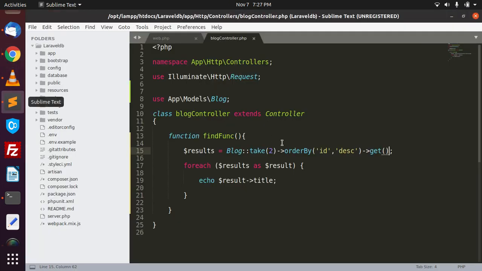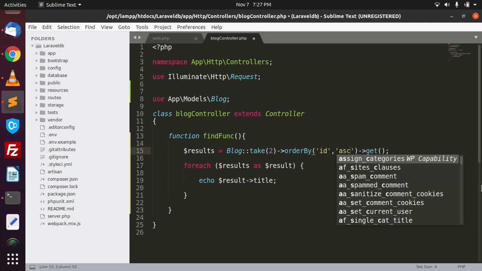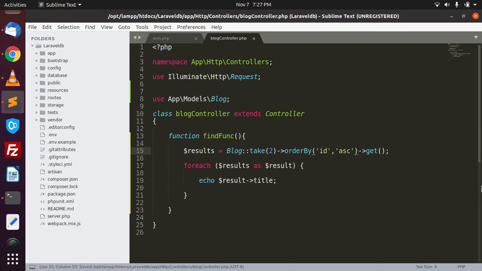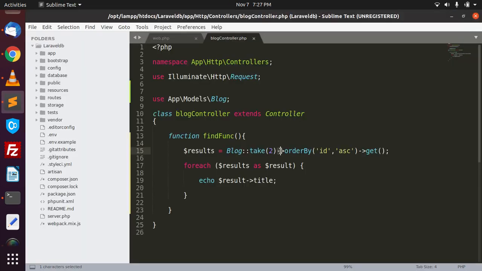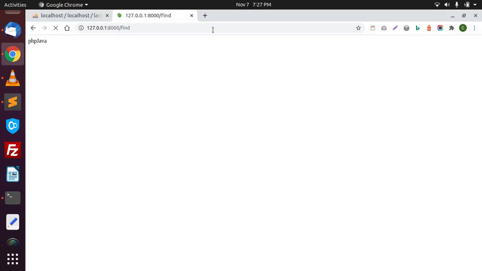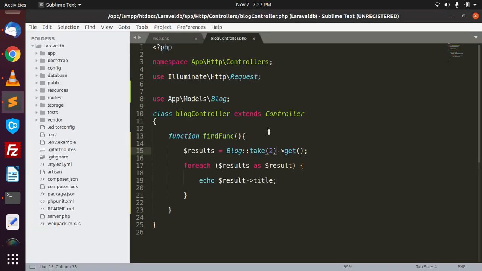Now if I want to show it in ascending order, we will use ASC, or you can remove this one. You have to use the get method with where, take and order by.